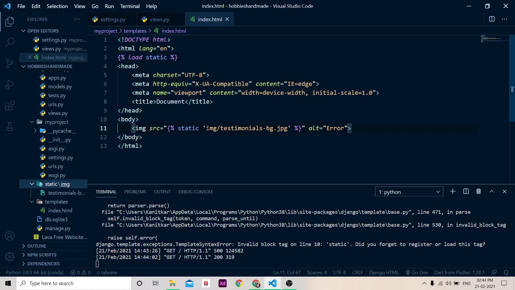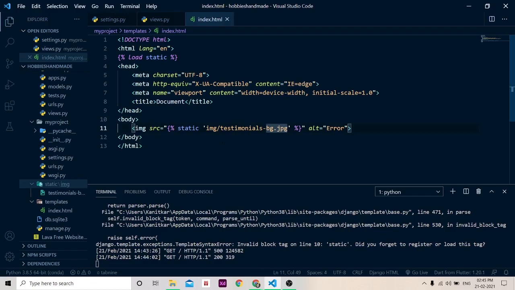But if you rename the static folder, suppose as assets, or move it into the template section, you have to change the URLs that you have specified by the specific path of that folder.